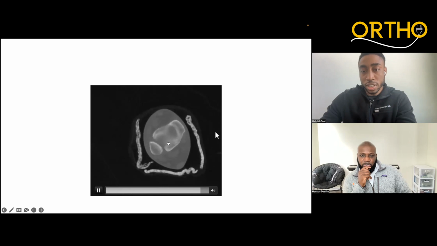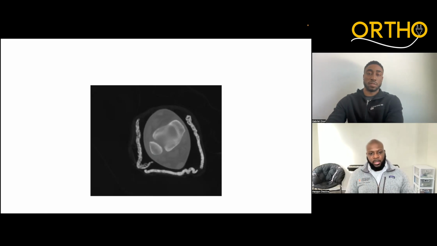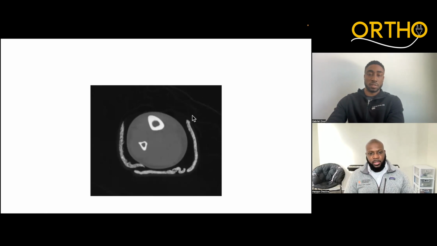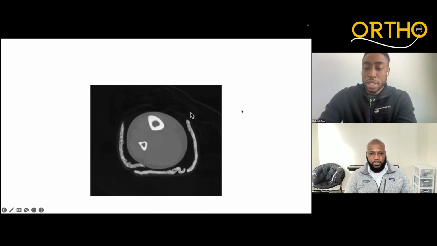So when I recorded it earlier, I kind of traced out the posterior malleolus piece, but you can see here this non-displaced posterior malleolus fracture in association with the distal third tibial shaft fracture. Okay. So with a patient with a shaft fracture,